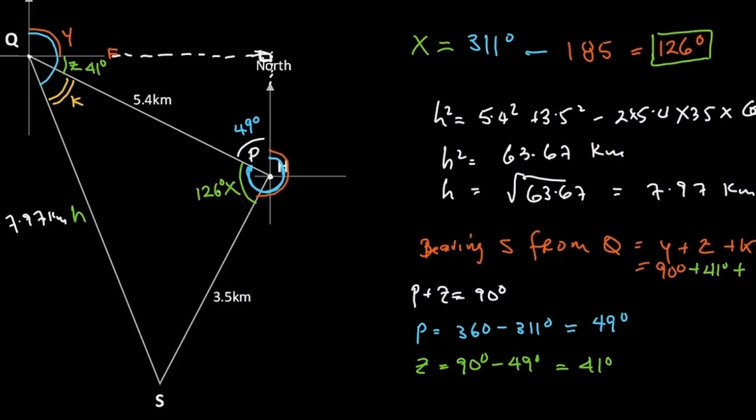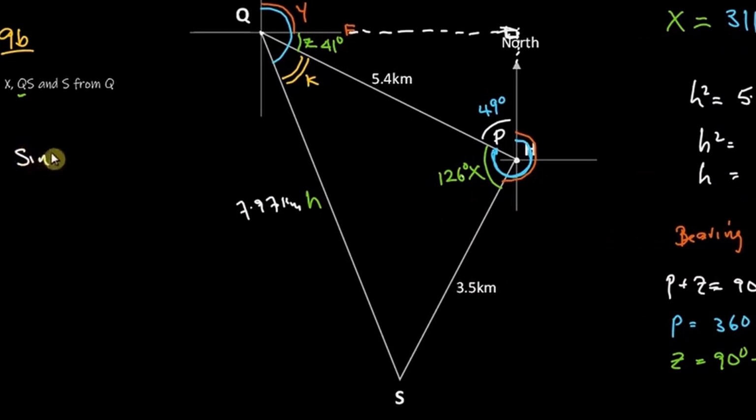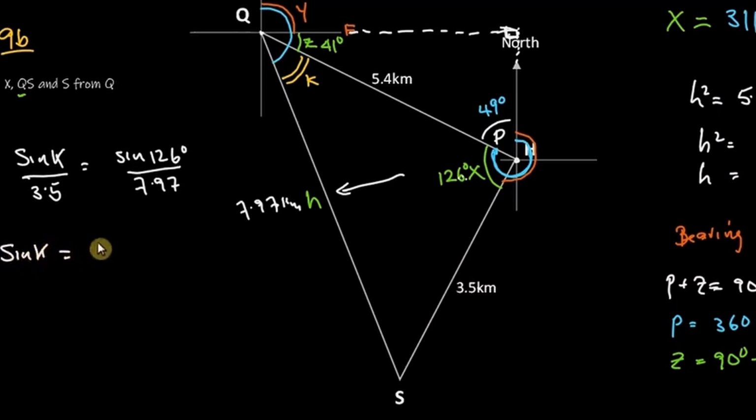So let's set up the sine rule formula, which is sine of K over 3.5 is equal to the sine of 126 degrees over the opposite side, which is 7.97. We found that earlier. So we could write that the sine of K is equal to 3.5 multiplied by the sine of 126 degrees over 7.97. And this works out to be